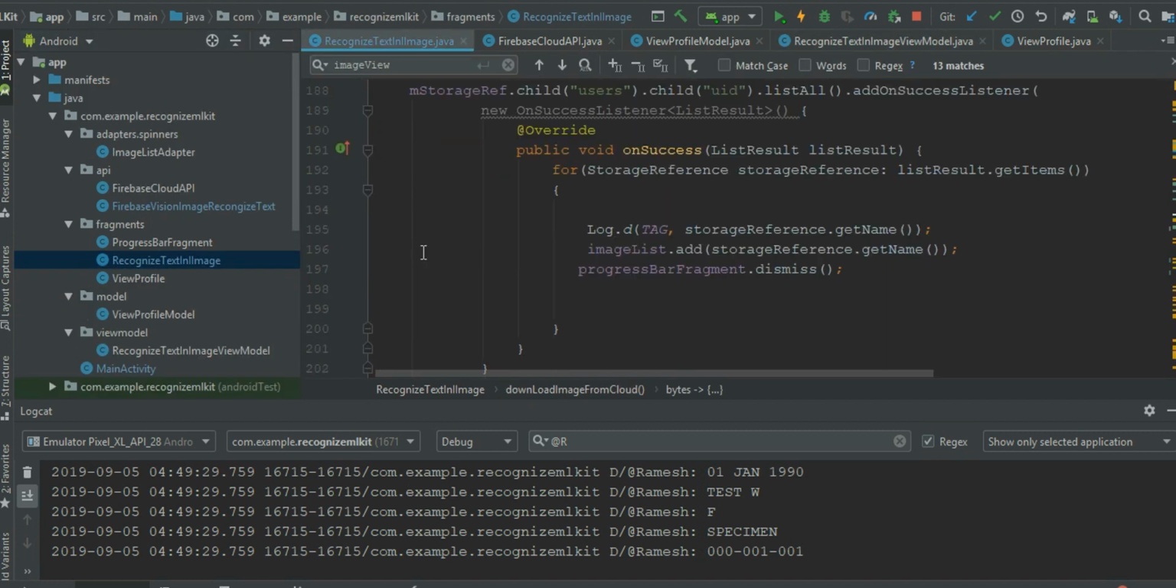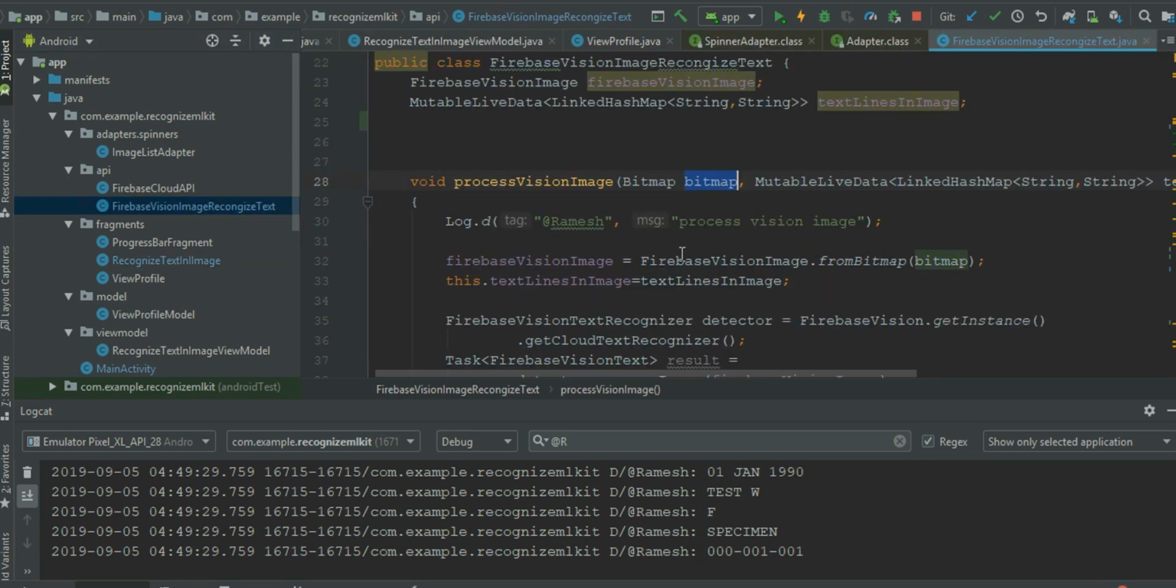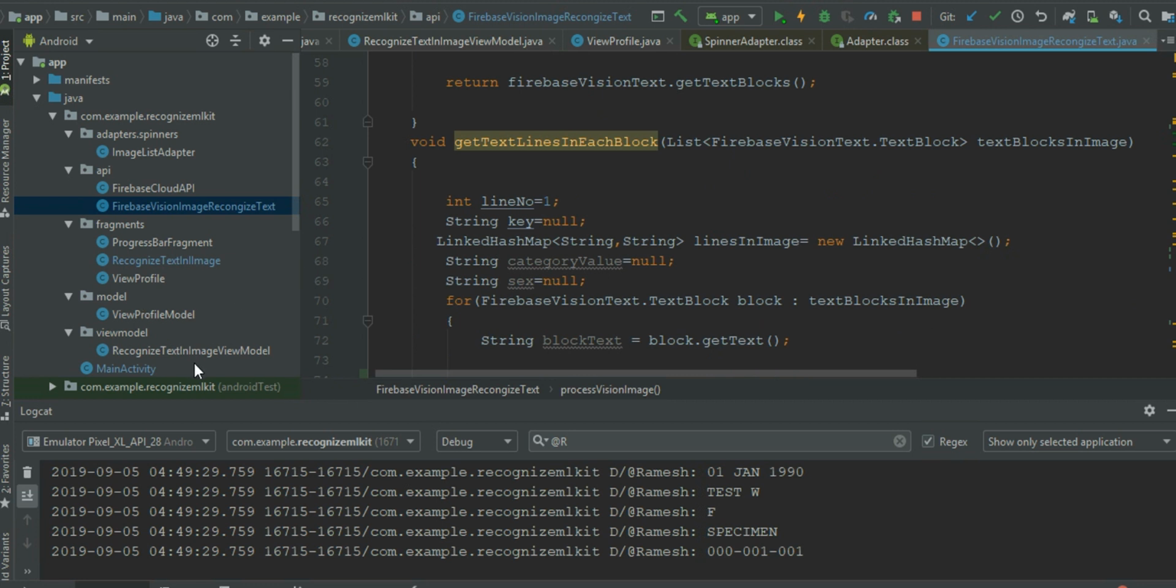So when the user clicks on view profile, it loads that fragment. In that fragment I need to pass the map that we loaded, and that map has to be passed to this fragment, which is lines in image. When I finish extracting all the lines,